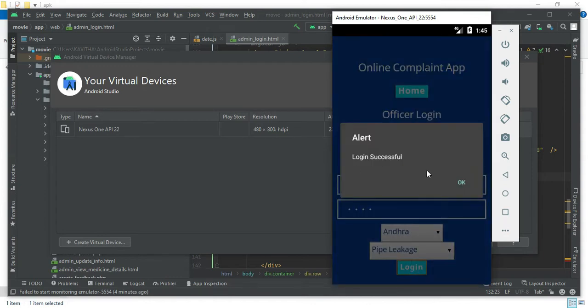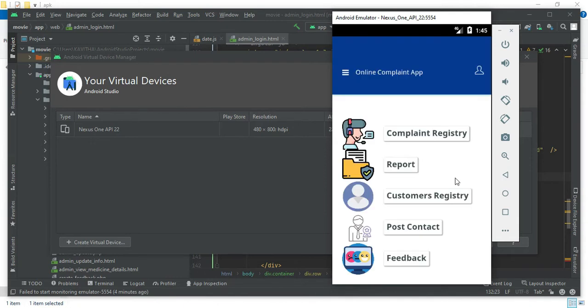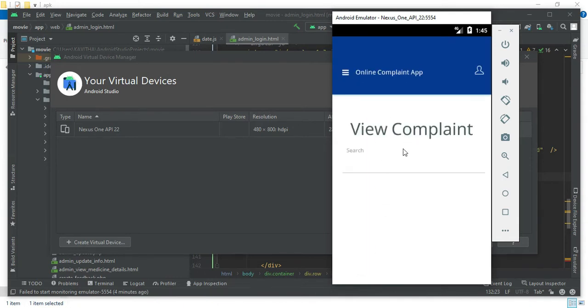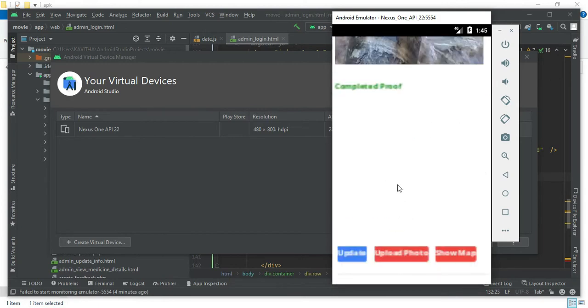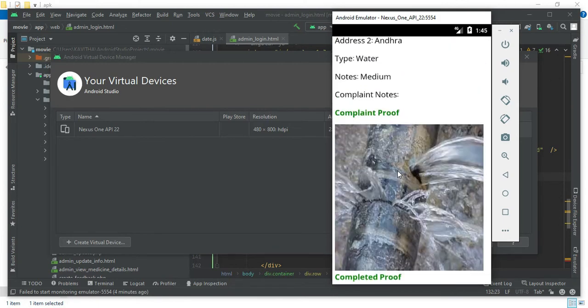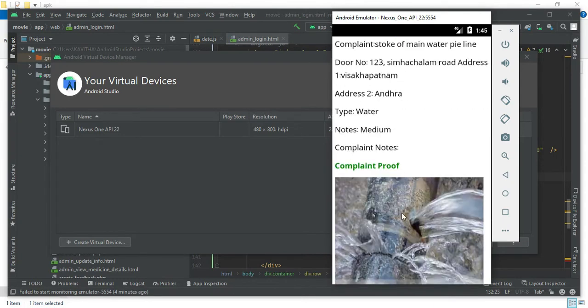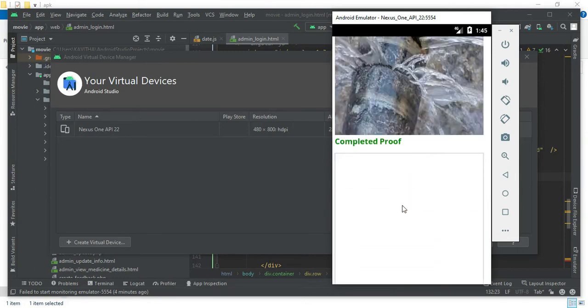So login successful with officer login. The officer will be tracking the complaint registry and overall report. So we have registered the complaint. It came over here. He will be assigning it to his team, and once it is resolved, he will be updating the status to completed.